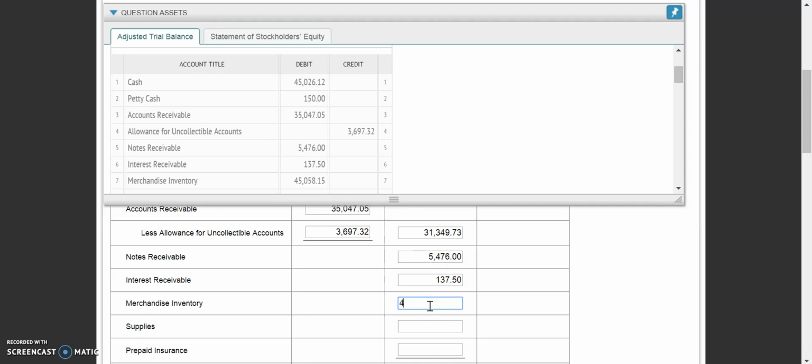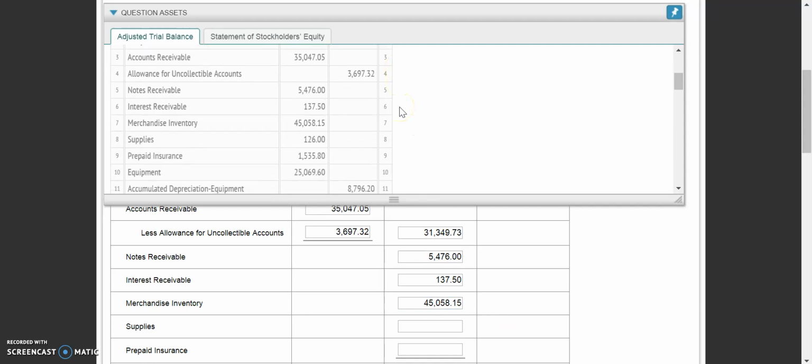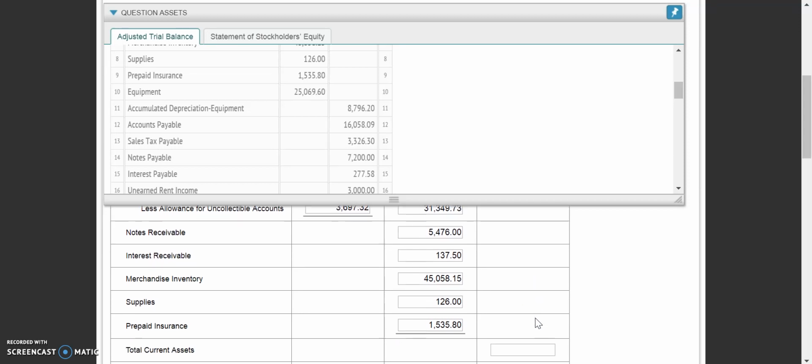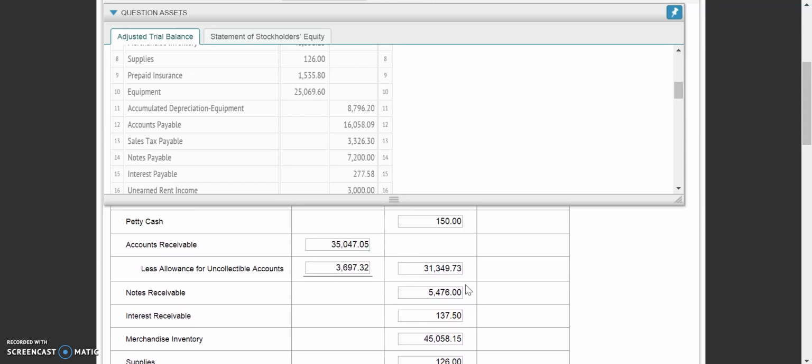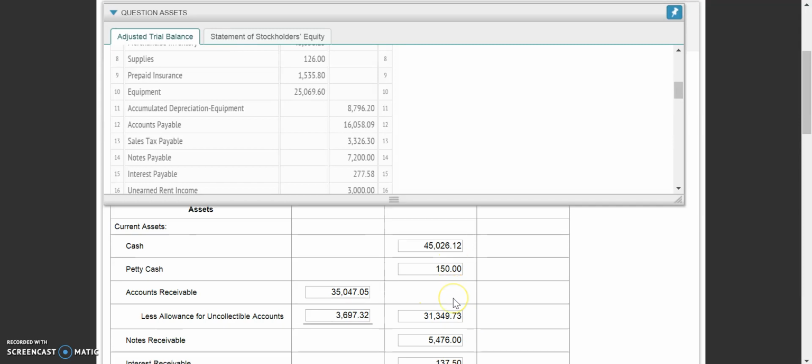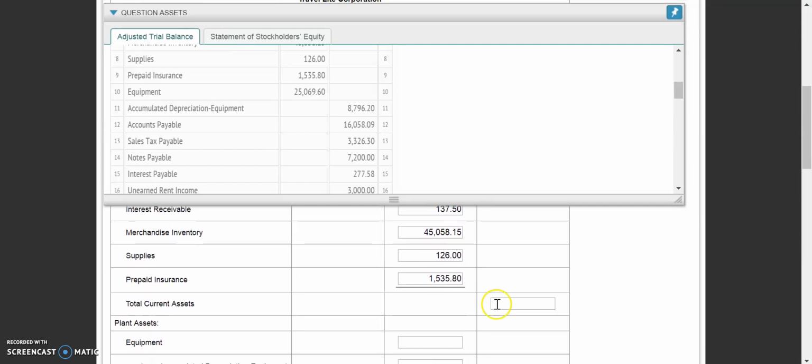And then we continue on with notes receivable and interest receivable. Merchandise inventory is next. And then I need to scroll a little bit so I can see my supplies, which are $126, and prepaid insurance, which is $1,535.80. Okay, so now that I have all of my current assets in here, one thing you want to make sure to do when you're totaling is to disregard this first column. We do not need to add those two because remember, this is our updated balance of accounts receivable. So we just take all the numbers in the second column and we total them up, and that's going to give us our total current assets, which comes to